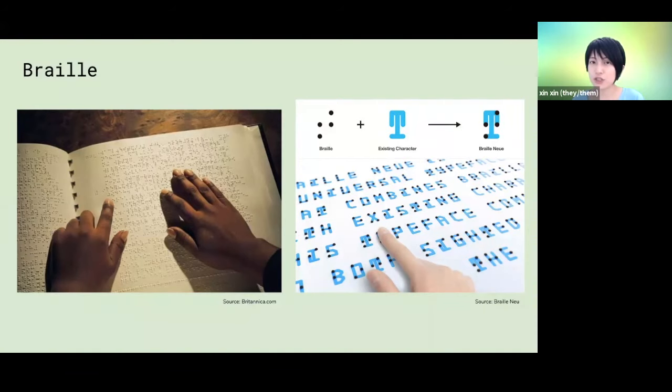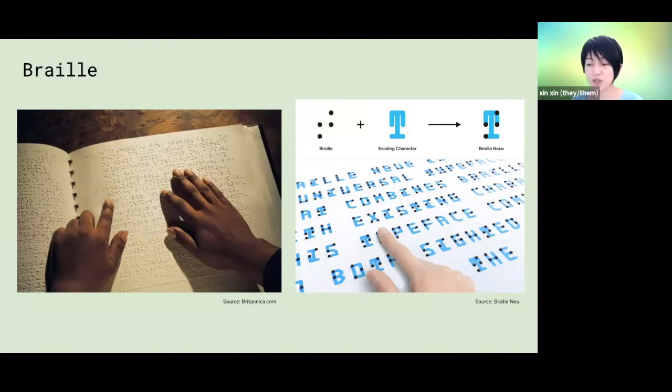Is it intentional, or is it helpful to sort of bring transparency into play? So here on the left, you see the Braille language that usually has to be experienced through touching, a tactile printed language. On the right is a typeface that someone has designed named Braille New.